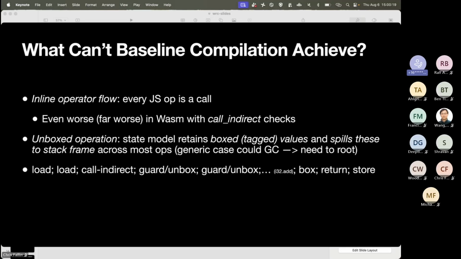So what you think should be just a straight-line sequence of operations for dense numeric code turns into 2 loads for the 2 operands off the JavaScript stack, which is also needed for GC rooting reasons, and then a call_indirect to the IC, and then 2 guards and unboxes, which are each a compare and branch, and then an and to mask out bits. And then you have really tiny right there the actual operation, an I32 add. And then you box it up, and then you return, and then you store that value back to the JavaScript stack. So this is why we're still 10 to 20x off of native,